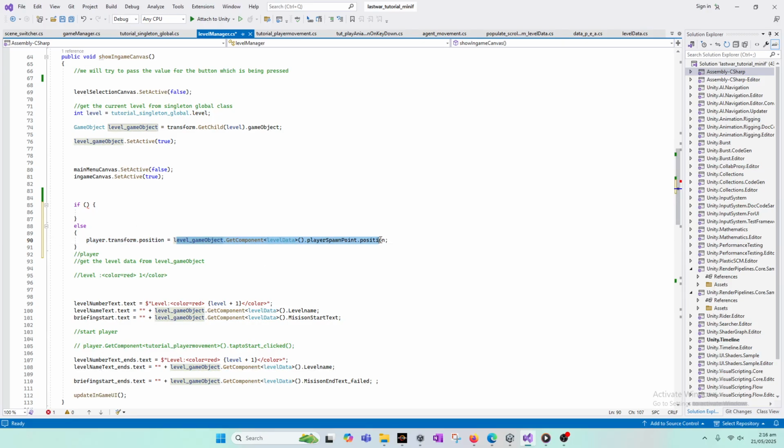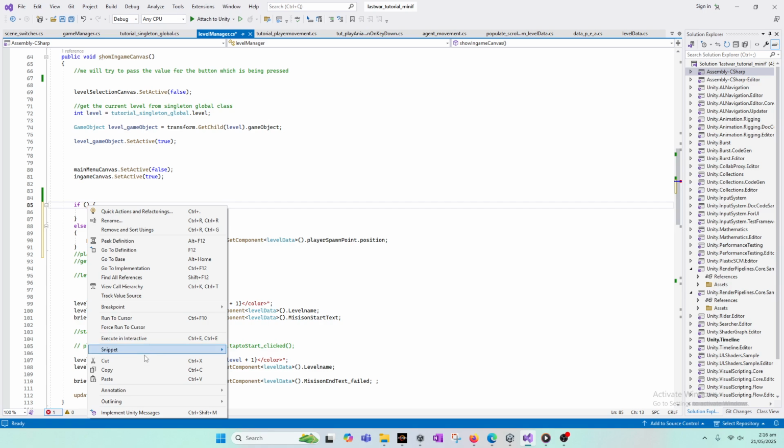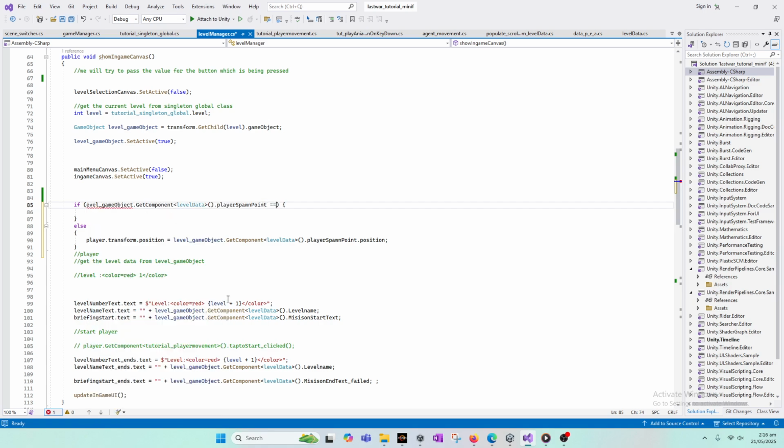If this is not provided, that is, no reference is given, equal to null, then it can simply skip this operation. And we will comment it